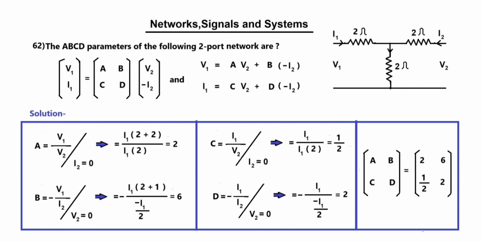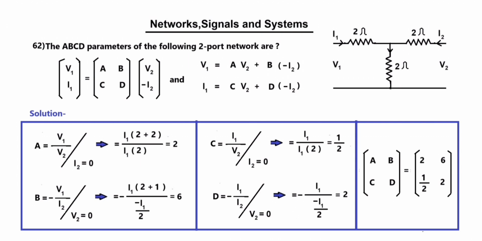Hello, question number 62. The ABCD parameters of the following two-port network are... The circuit given here is a T network with 3 resistors of 2 ohms. Solution: